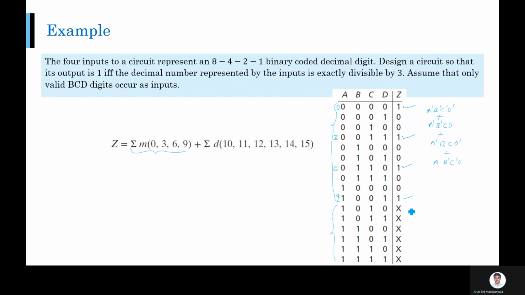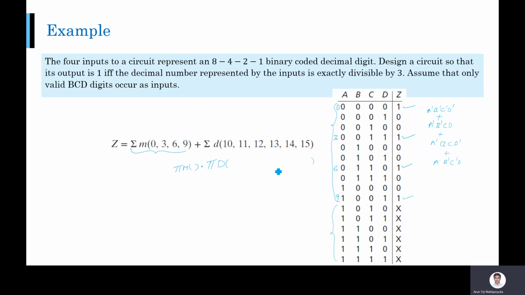Then that's not the end of the story. You have these 6 combinations which are don't care, right? So they don't occur. So in this particular example, you write them in this notation, small d. You use small d for don't care minterm. Similarly, you will use capital D for don't care maxterm. So for each don't care minterm, there will be a corresponding maxterm. Okay, so your representation therefore will be in this form, phi d.